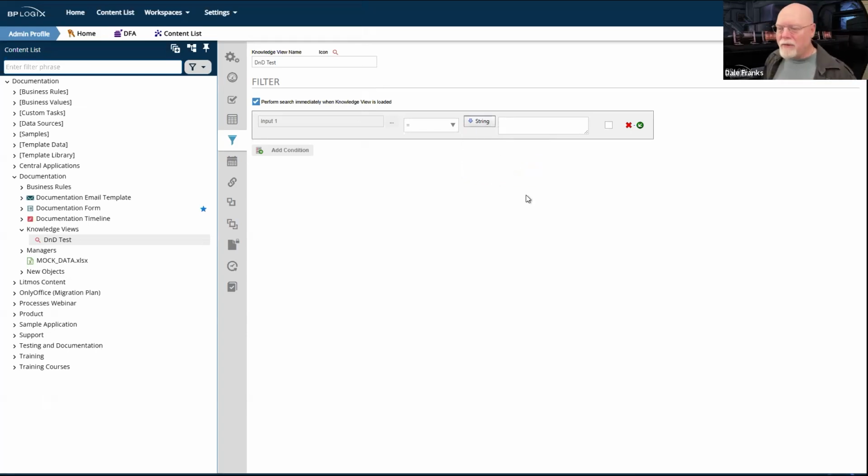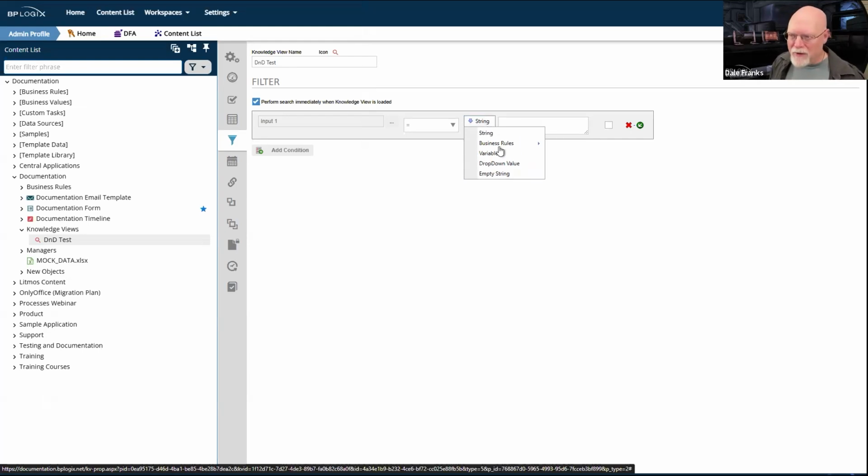Normally, if I was to have a filter that looked like this, and my field was blank, this filter would work. But it doesn't always work because there is a difference between a null value in a field and an empty string. And we had a customer that was setting things specifically to an empty string.